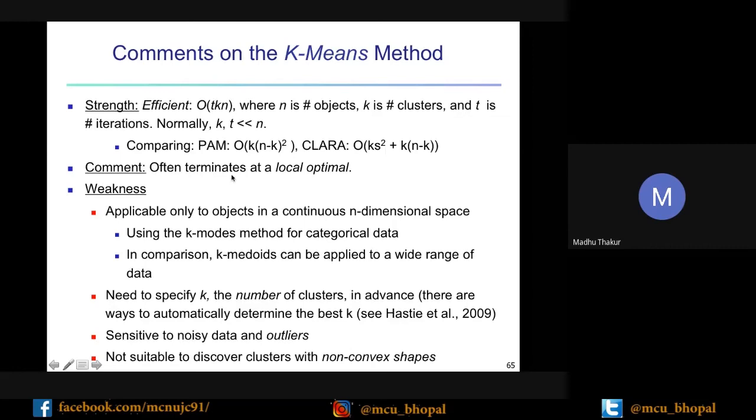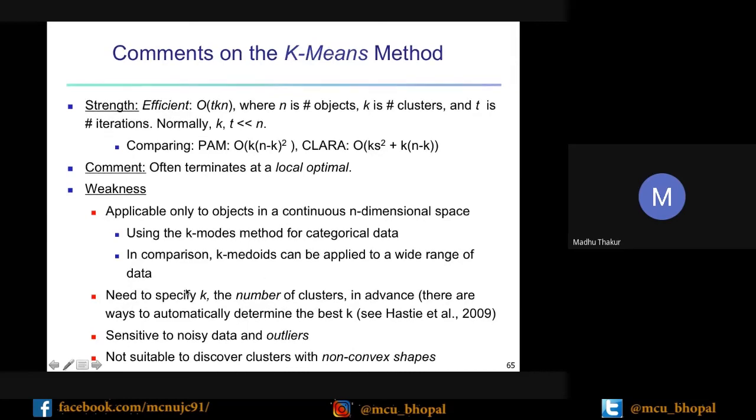Euclidean distance is generally used by people. You can use the Bhattacharya distance, or the Manhattan distance formula. You can use any distance formula. For categorical data, you use the k-modes method compared to k-means.